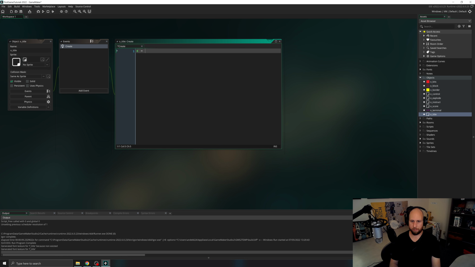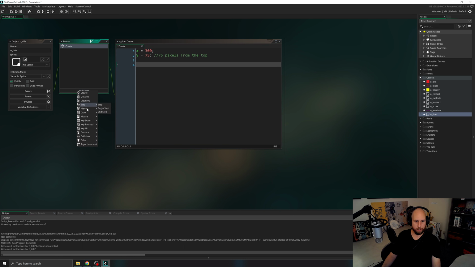You could also write room width divided by 2, I guess, if you want it in the middle, but we know our game is 300 pixels wide, so we can just write 300. Y equals 75, which means it's a little bit up from the top. 75 pixels from the top. Yep. And then add a draw event